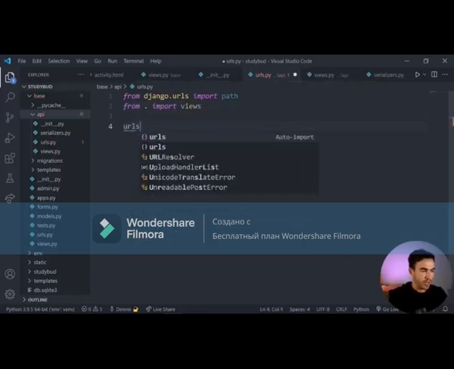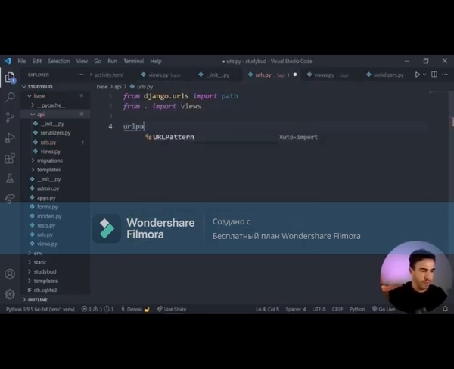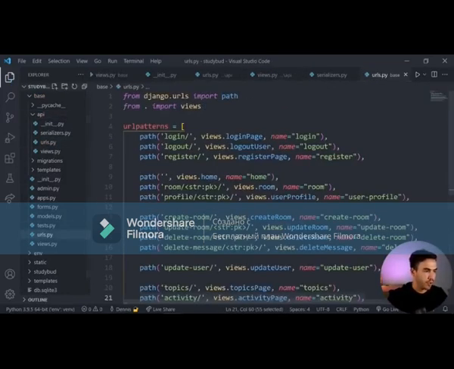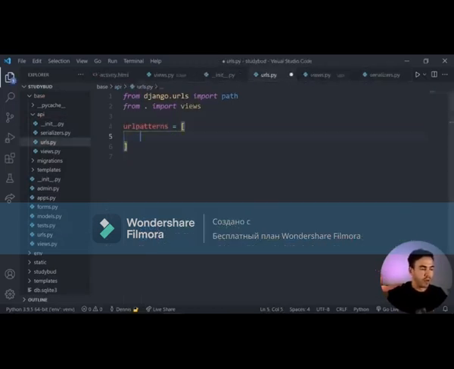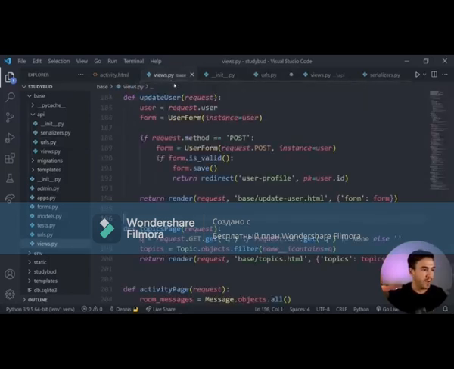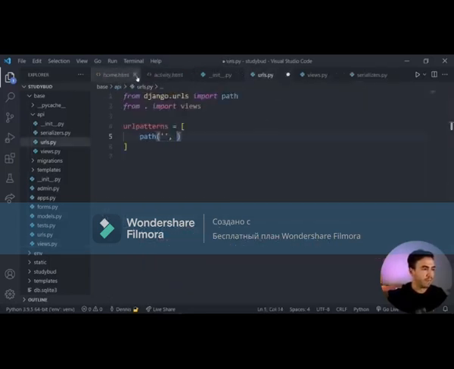Now we also need a urlpatterns list here. I just want to make sure that it's urlpatterns, not urls. Okay, that's correct, so we'll close this one out. We're creating our urlpatterns and we're going to set a path here. This path right here is going to be an empty string. This is going to be for our routes. We're going to tell the user if you go to /api. In fact, let's just add this into our